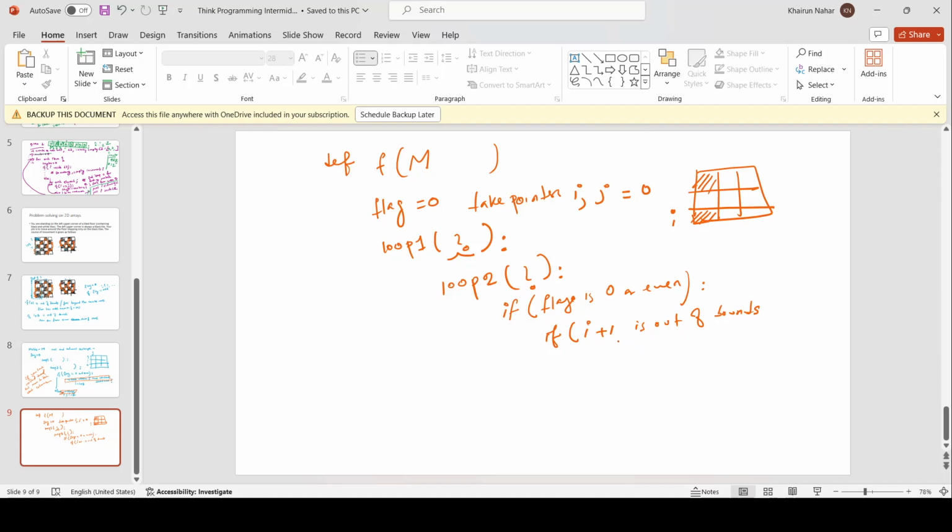If I plus 1 is out of bounds, then, if true, then we move to the next column and change flag. And if not,